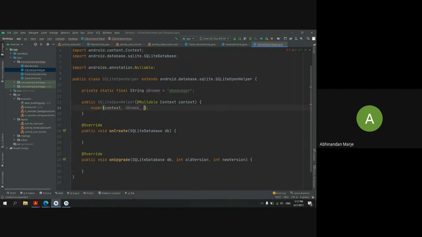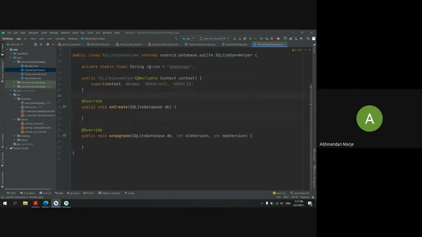DB name, and our factory should be null, and our working is done. Okay. You can see it took our elements from here. I'm passing one context, one database name, and the factory as null, and the version of our database is 1. Okay, and when we upgrade our database, we have to change our version to get it upgraded. Okay, the next thing is now I have my database name, I have my database parameters, then I want to create a database here. So you can see in my old file also.